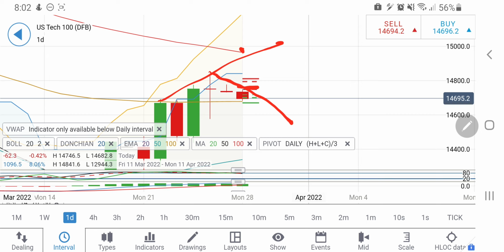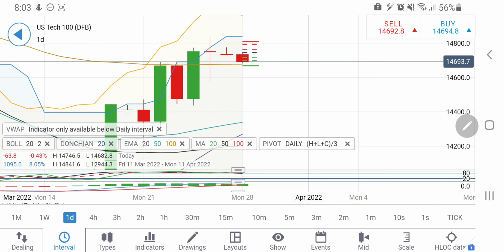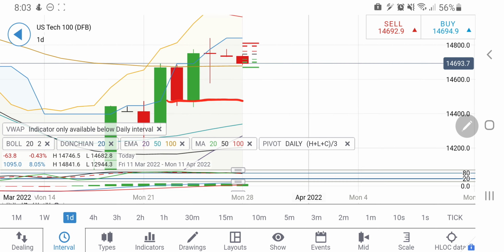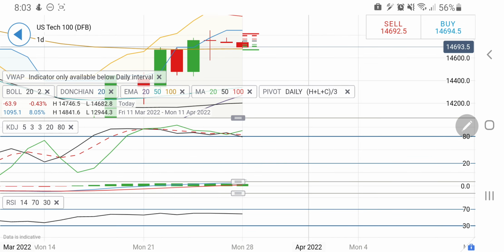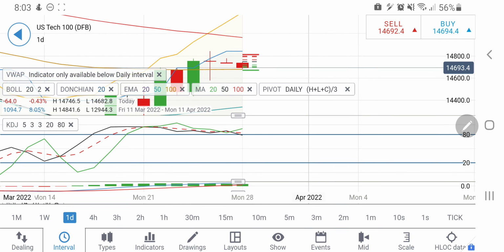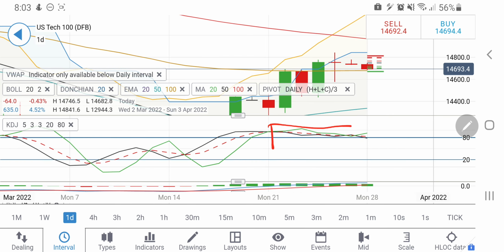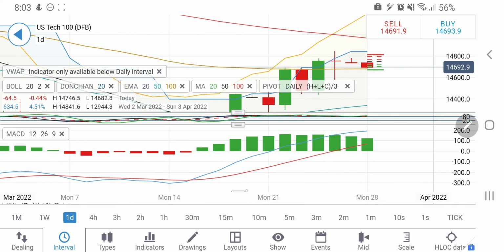So any rise there till 14,750 is a good opportunity to short today, and possibly one can expect it to come back towards the 14,500-14,550 zone. At least it may try to hit that today. See, it is overbought on stochastic and consistently remained overbought throughout the last week, and hence I'll be skeptical for a rise. I'll be expecting a drop, and MACD is wide divergent, so trade accordingly.